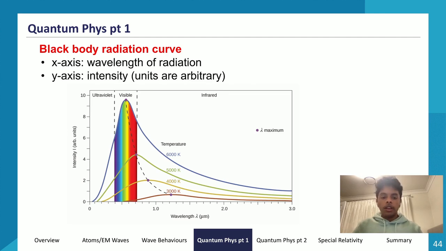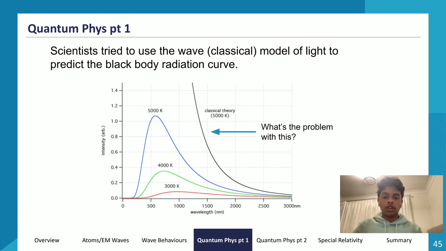So let's go through this. Let's go through the ultraviolet catastrophe before that though. What happens is the scientists used the wave model of light to predict blackbody radiation curves. So currently, within our journey right now, we haven't entered the quantum model of light period yet. We're still in the wave model of light era. Within the wave model of light era, what scientists did was they tried to use the wave model to explain or to predict what a blackbody radiation curve might look like.